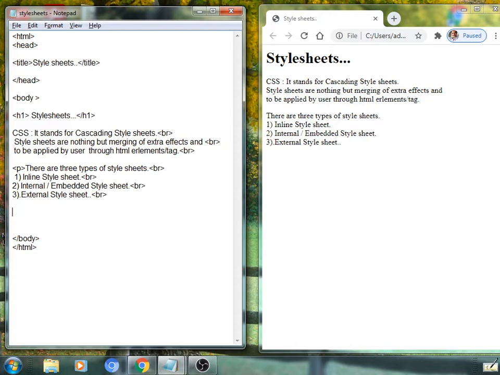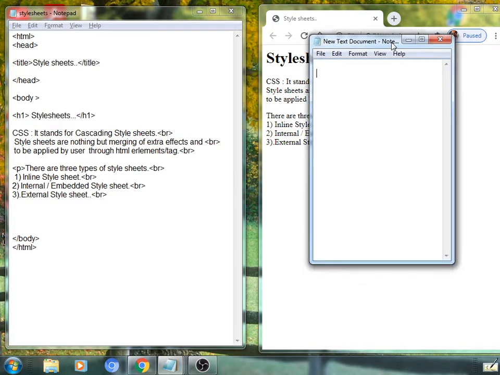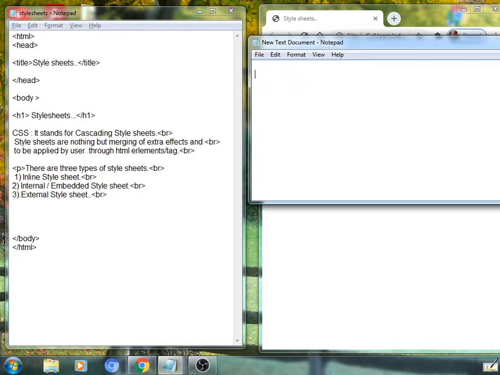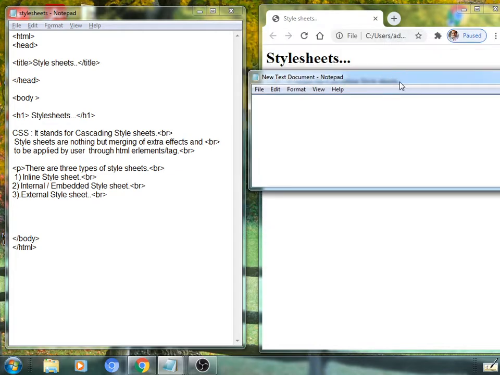So see here, we have to open a new window of a text editor called Notepad, and such a file is saved with some name and its extension, like this. Take a window of Notepad again and make it a style sheet.